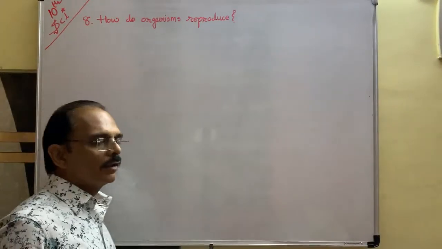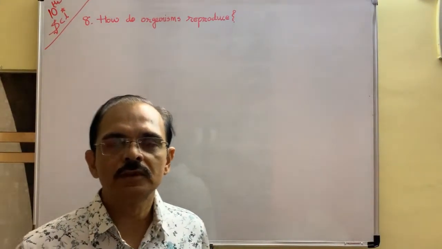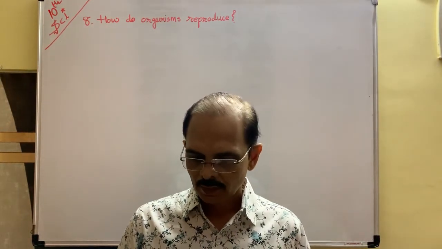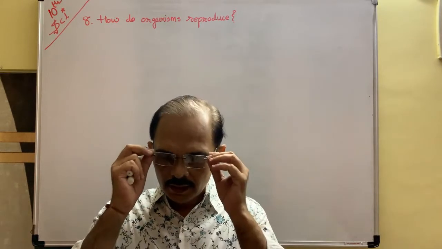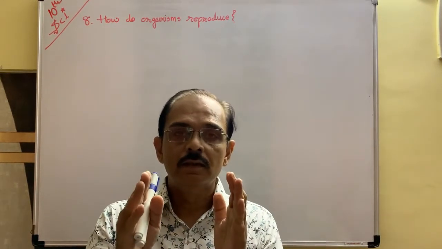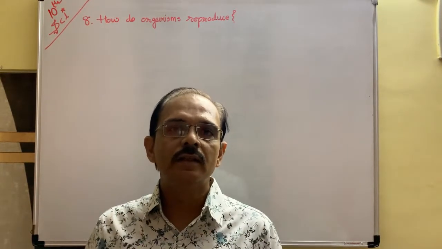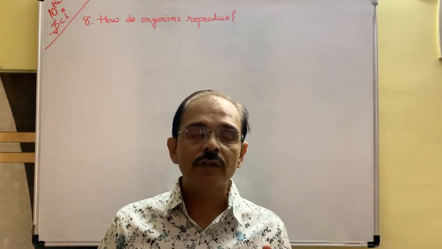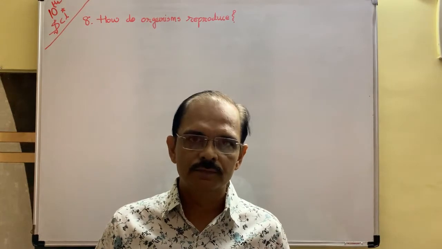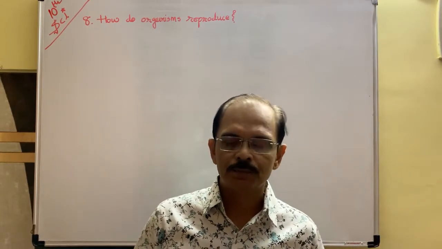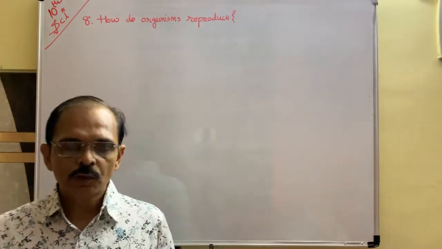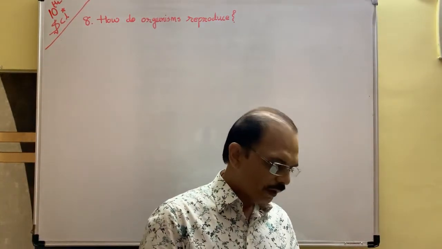Hello everyone, now let us start your new chapter of science, that is how do organisms reproduce. The chapter is very interesting, but it is too much in detail. A detailed study is there. You have to recall your 9th standard also. I will help you. Don't worry about it. See, in your textbook, page number 127,